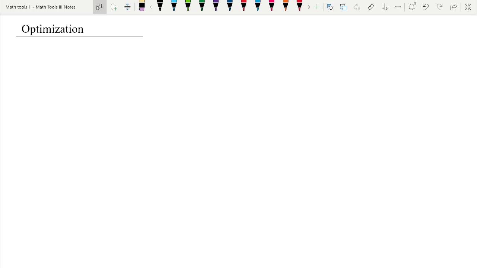And we saw some little examples of that in Math Tools 2, in some of the homework practice problems, where we found the maximum likelihood estimator of, I believe, a binomial distribution, for example. So that idea is extremely important in statistical theory,